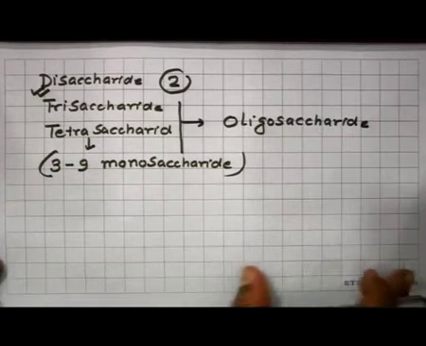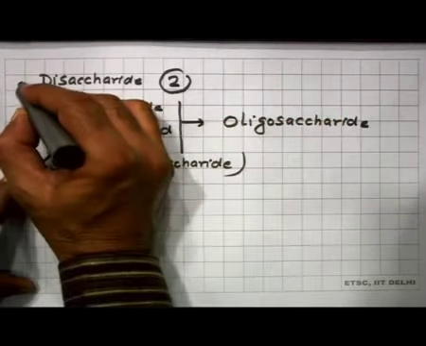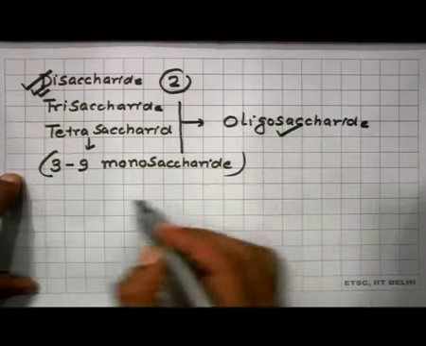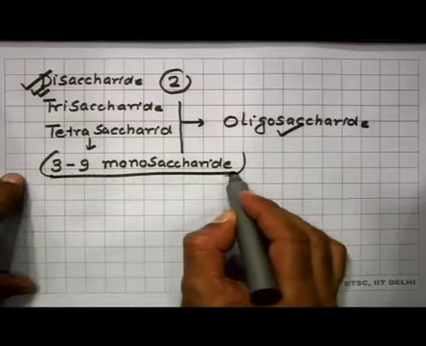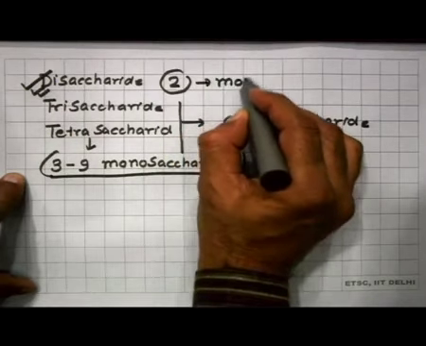So, carbohydrate first is monosaccharide, second one disaccharide, third one oligosaccharide. Oligosaccharide gives 3 to 9 monosaccharides, disaccharide gives 2 monosaccharides,